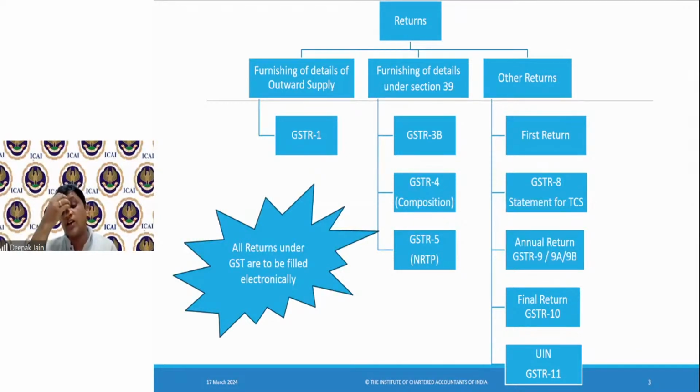So if the lawyer is not registered, you will still claim the credit because you are paying tax under reverse charge. That gives a very important point: the input tax credit you claim is on the basis of GSTR-2B, and in addition, where you are paying RCM, it is based on the challan you pay. Whatever taxes you pay are also added to your input tax credit. This you would have learned in input tax credit: credits are of two types, what is received from the supplier, and those on which you pay taxes. In case of reverse charge, it is you who are paying the taxes, so that will be the basis, not GSTR-2B in that case.